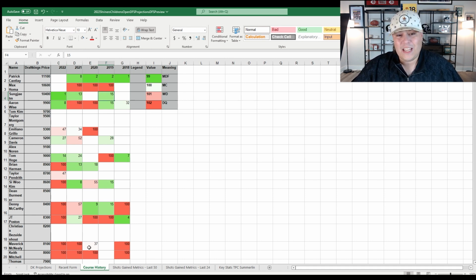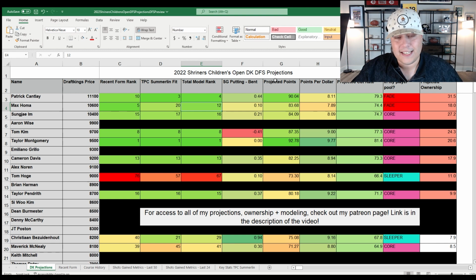31.5% ownership. We've got to play him at 60-70% of your lineups to get that leverage. If this were Monday, this is why I like doing the video a little bit later in the week, I might have hoped that Cantlay was going to be 20% owned and topped him up as a core pick, but now I'm going to put him down as a fade, right? We know he's going to be that huge piece of chalk going into a Wednesday, and somebody that I'm likely